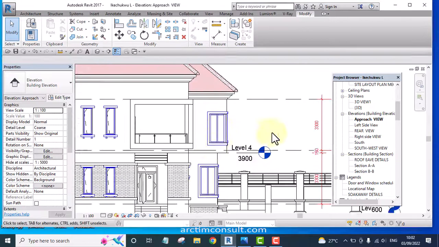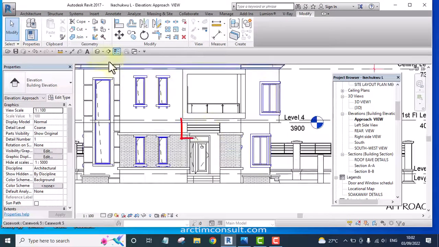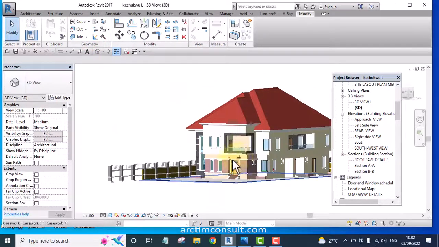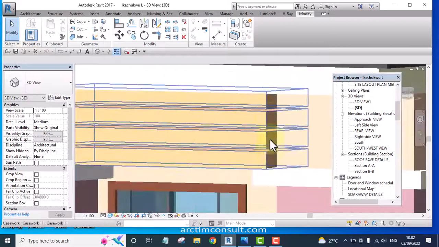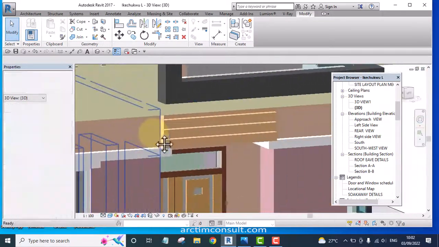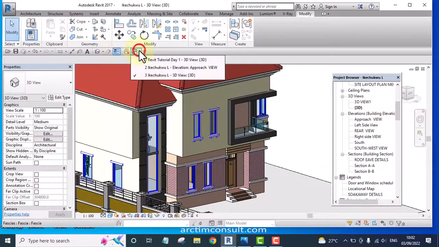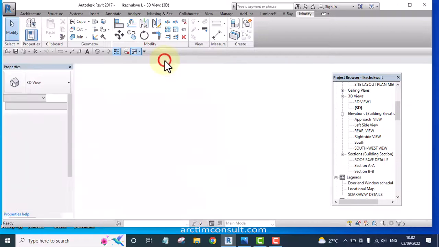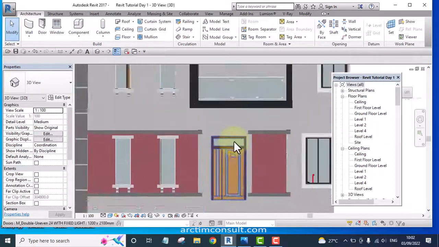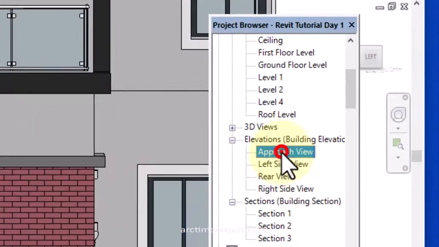In this video I'll be showing you how to create this design in Revit. You can see it clearly here. Look at the way it is. We are going to be creating it now, and let's go to our project. And this is it. It is a very simple design, and I'll go to the approach view